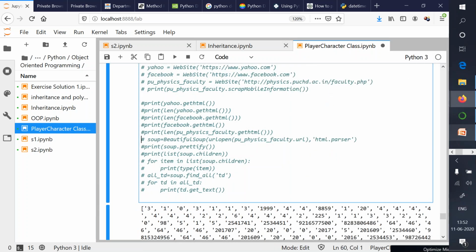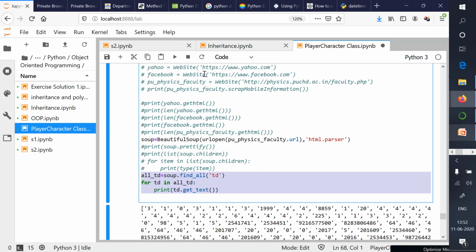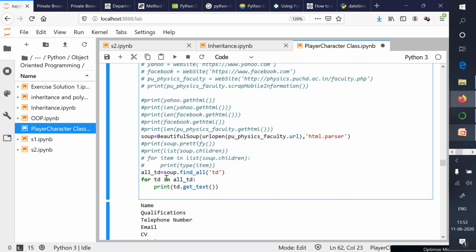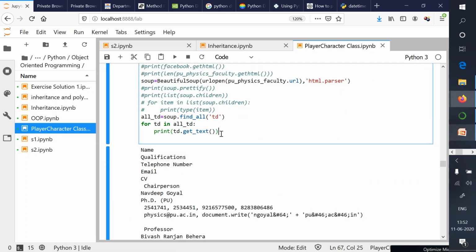Another thing, we talked about the Beautiful Soup library also. Like this, you can look for the text mentioned in specific tags. Consider this code, all td is equal to soup.find all td.